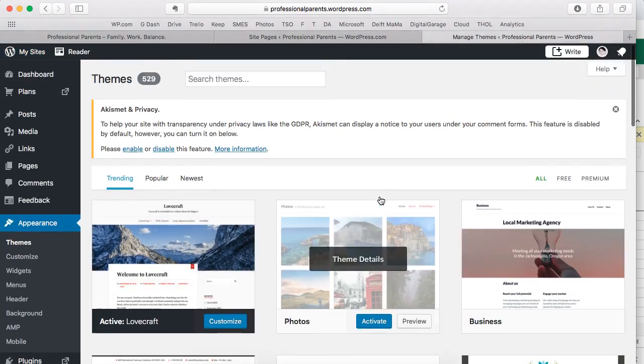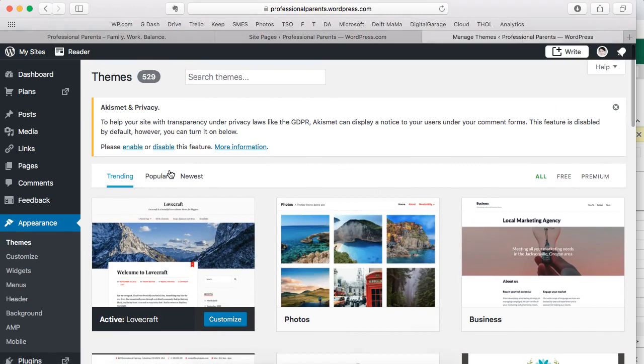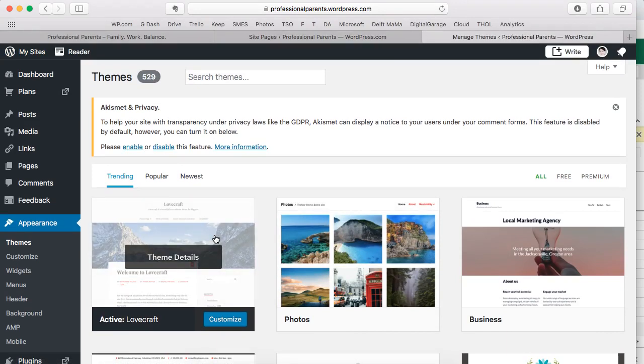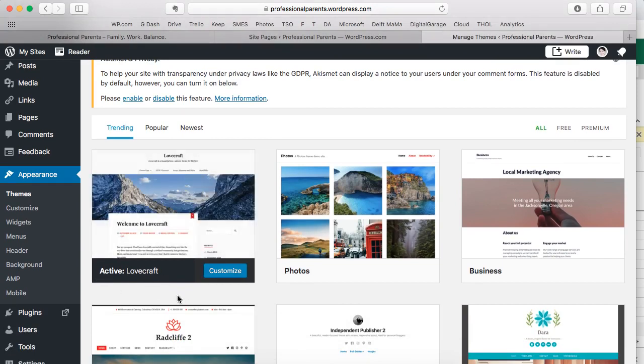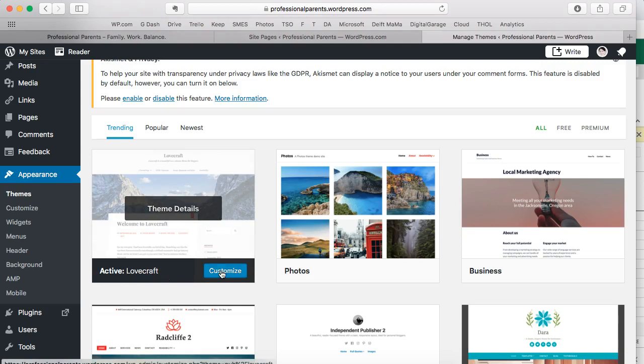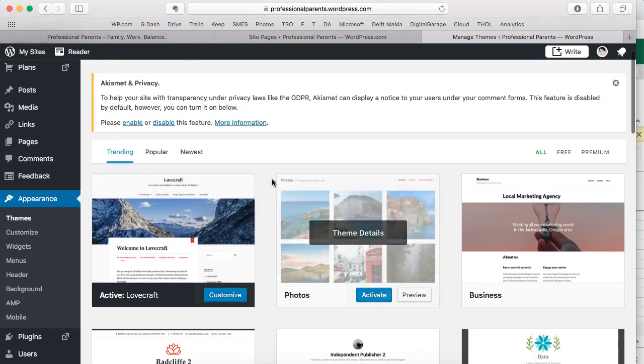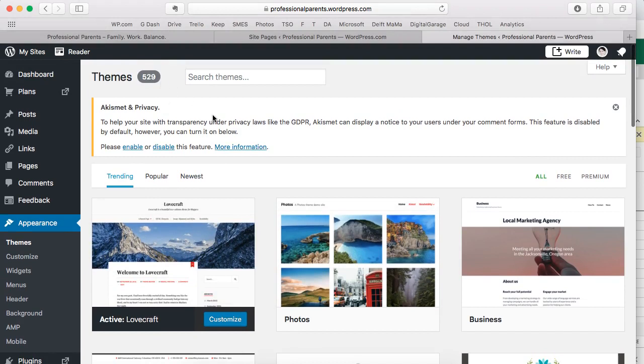So Manage Themes, I am using a theme called, where is my theme? This is the one that's active. So Lovecraft is one that I've chosen. It's a free theme. And to customize it, you click there. If you want another theme, there are hundreds of them, or 529. There's free ones and premium ones. So if you only want to look at the free ones, you just click there and it will show you